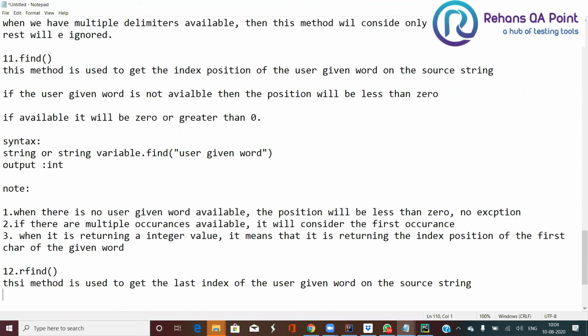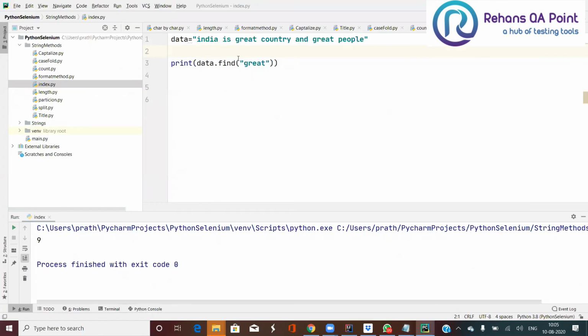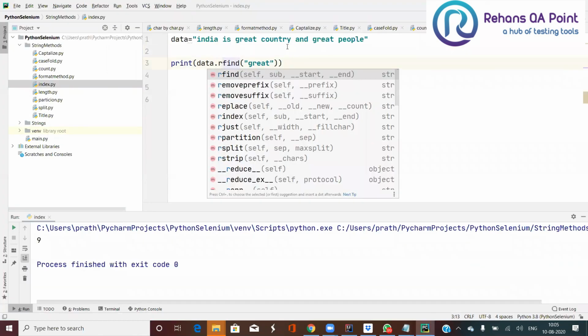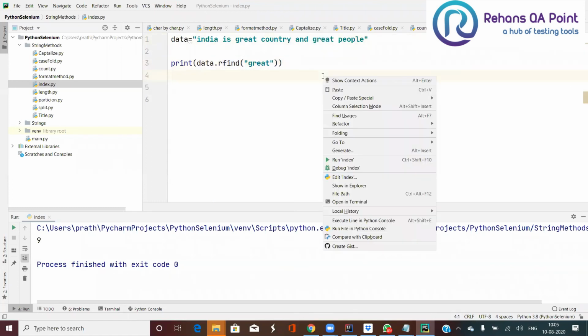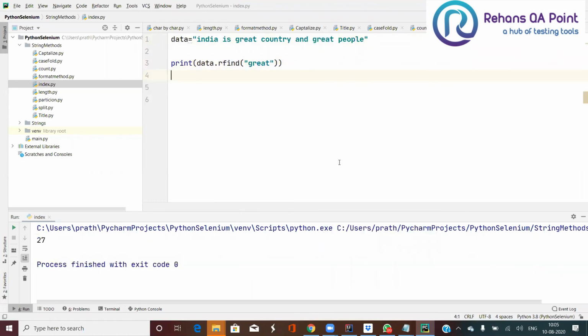It works the same as the find method, with the same behavior, but the only operation here is to get the last index of the user given word. So just use rfind. Now I get the index position of the second occurrence of G. See, the index position is 27.